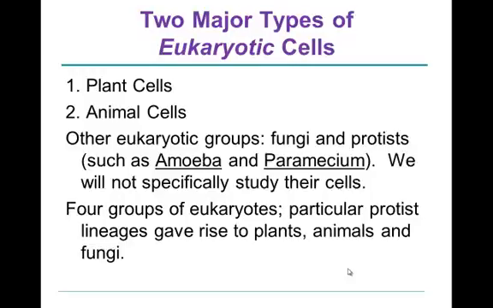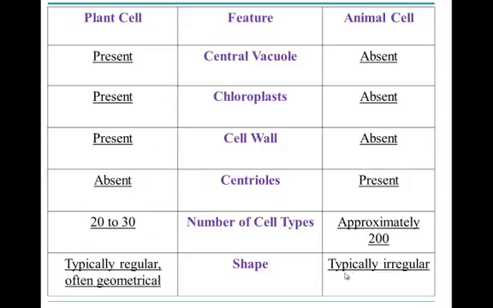Okay, let's compare plant and animal cells. Here's another one of my tables in which we have the two groups we're going to compare, and the feature we're comparing down the middle. So plant cells on the left, animal cells on the right. The first feature we'll compare is something called a central vacuole. A central vacuole is what it sounds like. It's a vacuous area in the center. It's a membrane-bound structure. It's an organelle which plants have and use to store fluids and crystals, and animal cells